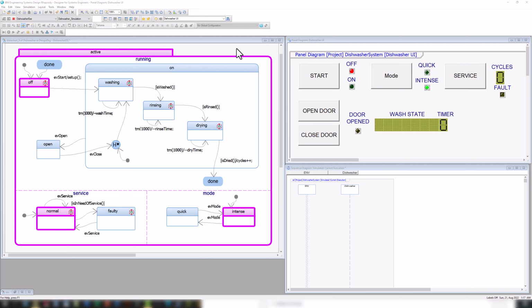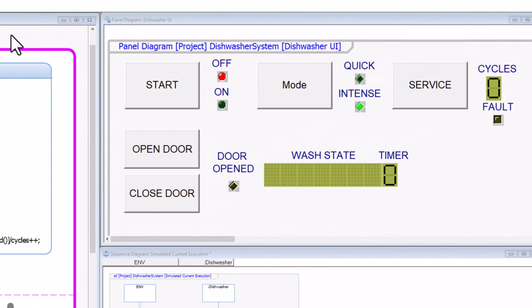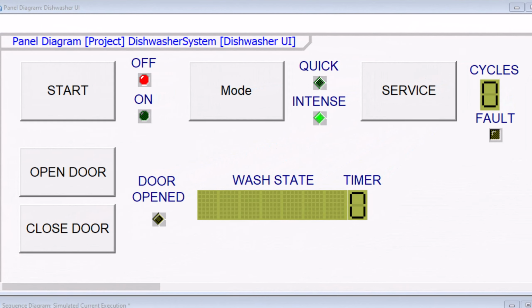The state machine diagram is animated and shows in purple the initial states of our dishwasher. On the top right is a small user interface to interact with our system. The user interface is tied to the state machine states, transitions and events. Note that this user interface can be more advanced and can be very useful for early validation with end users